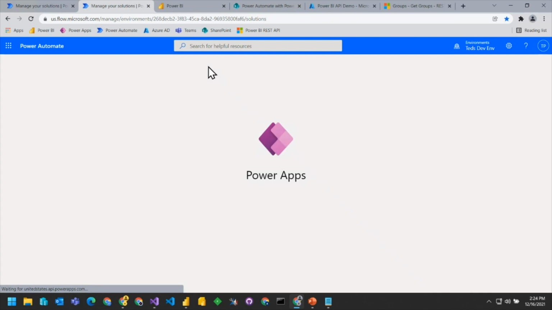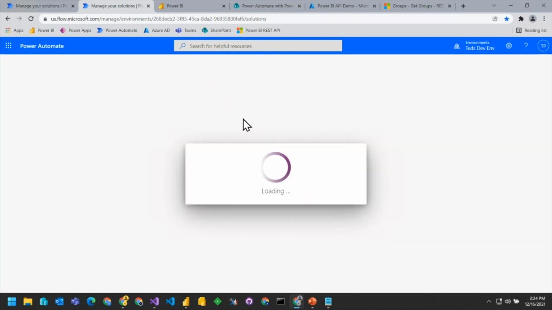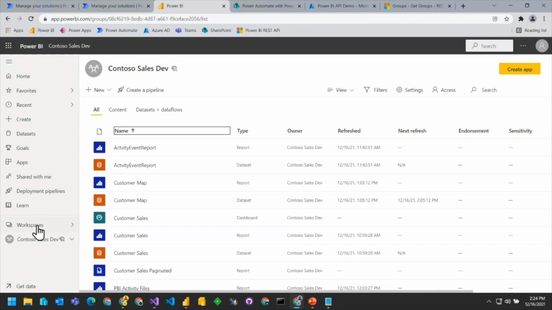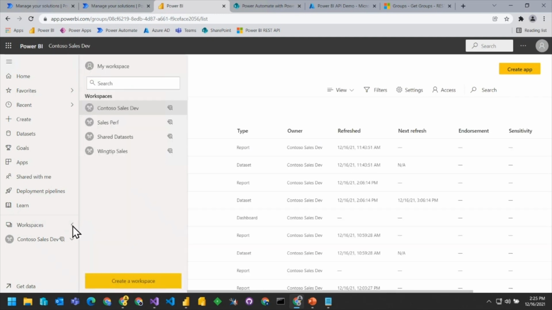What I want to see here is how we're able to work with this. And as I work with the Power App, I also want to go back and look at this Power BI environment that I'm working with. In this Power BI environment, when this refreshes right here, notice that I have a certain number of workspaces.